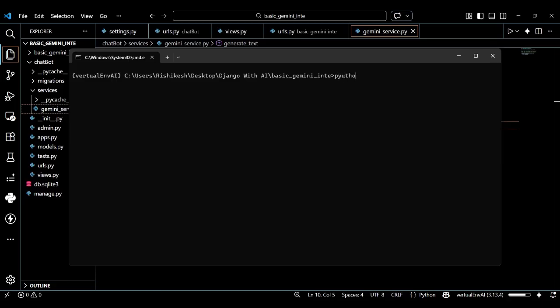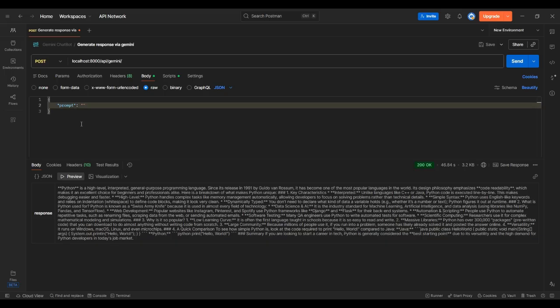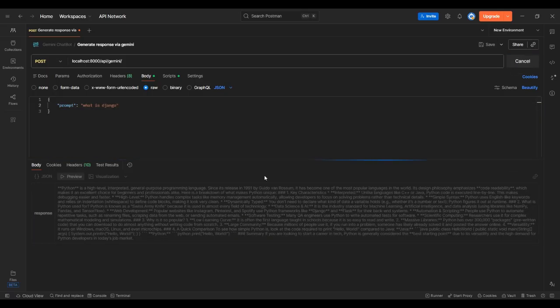Let me show you how generating the response works here. So first of all, we start the server with python manage.py runserver, and now my server is ready. Let's see what happens. I write a prompt like this, what is Django, and send it.